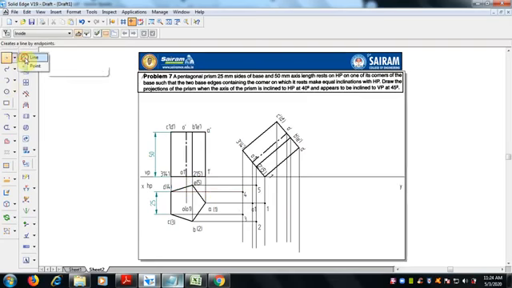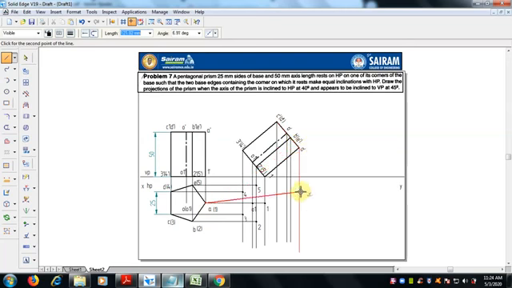So select Line, 0.13, from A to A dash, B from here, B dash. Okay, select the end point of C with C dash, D and D dash, E with E dash. Okay, so now ABCD is done.